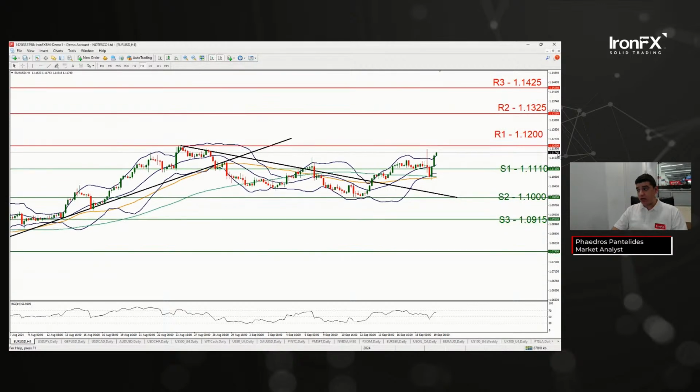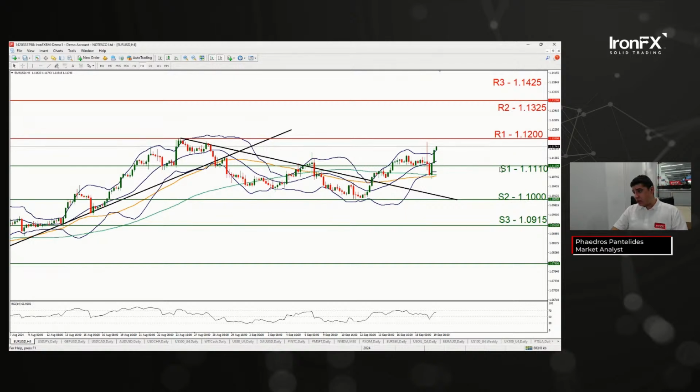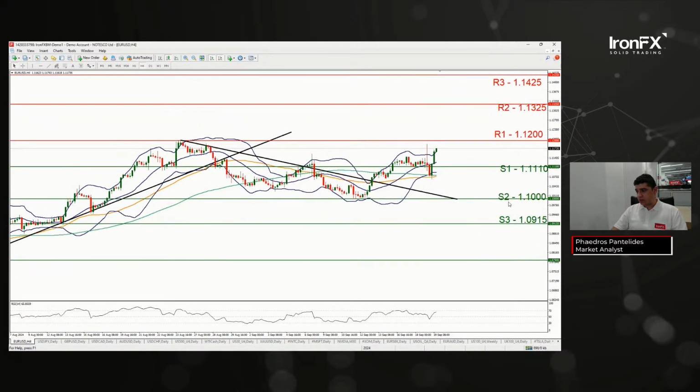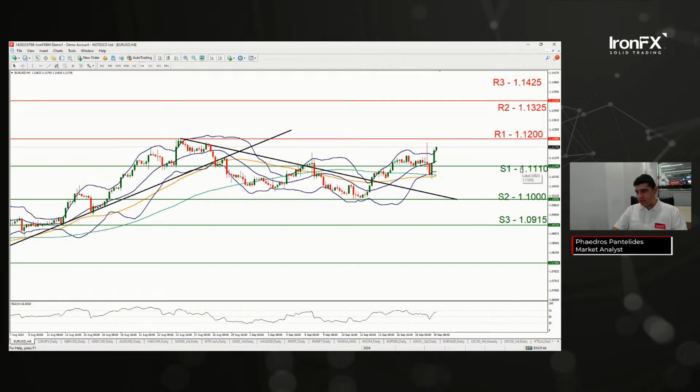Overall, we can keep our support and resistance levels at S1 at 1.110 and then R1 at 1.1200. Not really that big of a need for us to change those levels, despite this very nice candle being formed. The reasoning is this was an extreme event: the Fed's interest rate decision, then the press conference, and then it moved higher. If it does come back down, I would hypothetically expect that there might be some support at 1.110 rather than at this point here. So the first level of support would be at S1. Other than that, we have S2 and then S3.